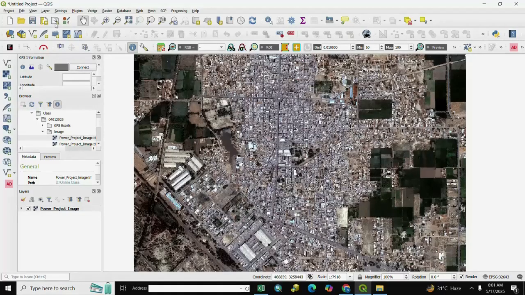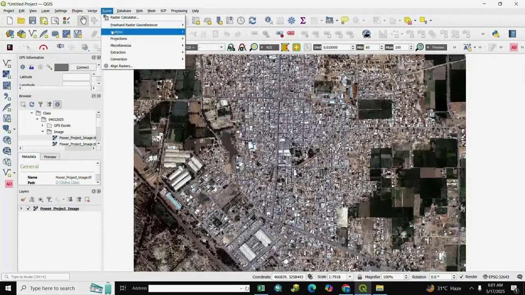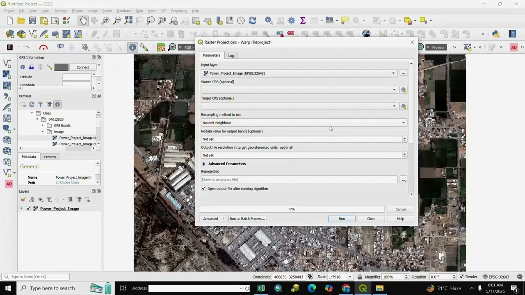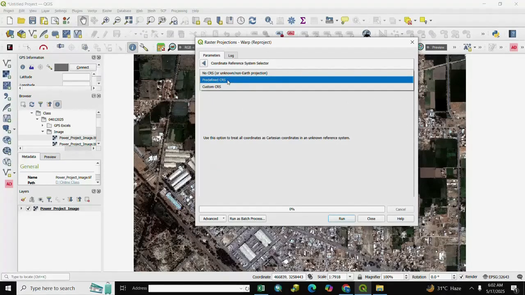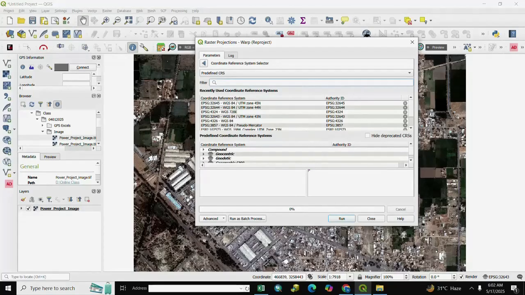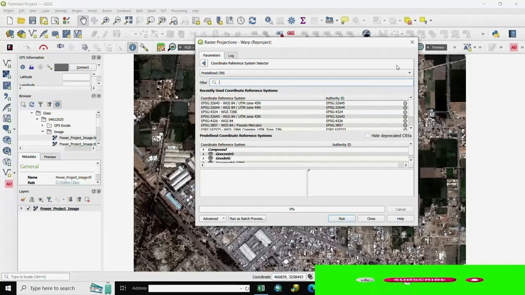And if you want to modify or reproject your image projection, you go again to Raster and Projection and Warp Reprojection. We select it here, and here is your input layer, the raster image, and the output CRS, your input file projection. You select here, and after it